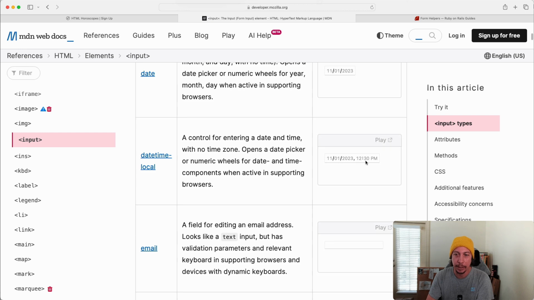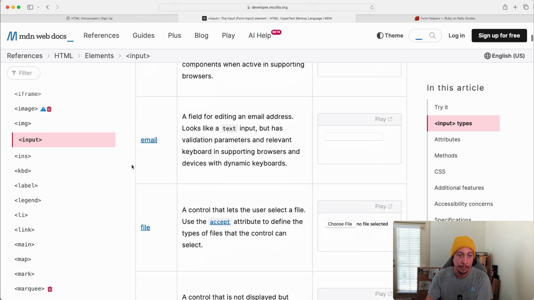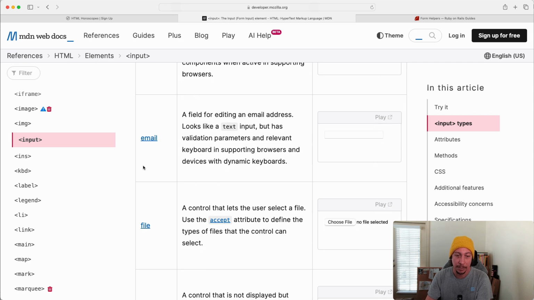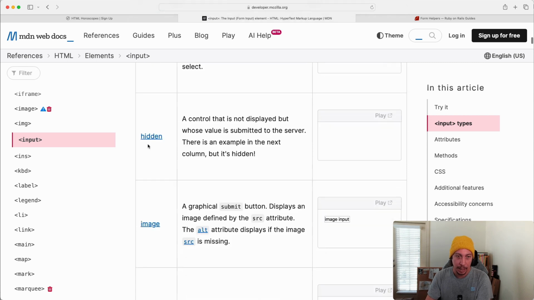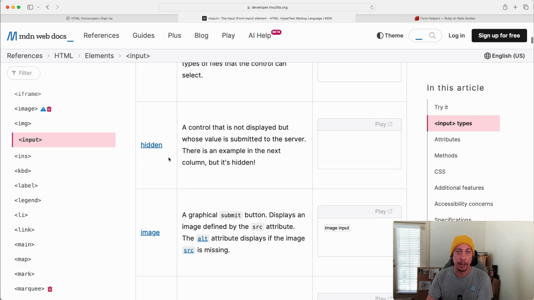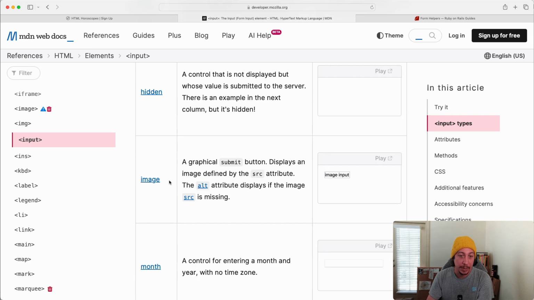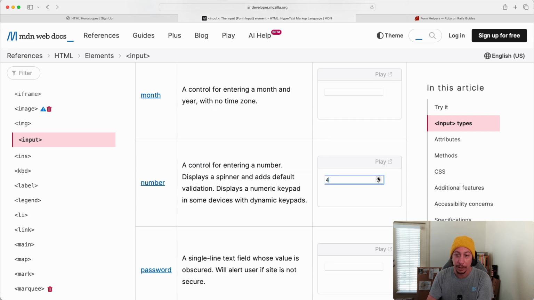If you need to add times to your dates, you can use the datetime-local type there. Again, we saw the email type, there's a file type for uploading files. There's a hidden type. You'll see this one used in Rails. So when we start getting into Rails, make sure when you're writing forms, inspect the markup in the browser and see what you see. I guarantee you'll see a hidden field in there. Image type, so you can do a graphical submit button. Number fields, you can easily have these nice little up and down arrows to get to numbers,